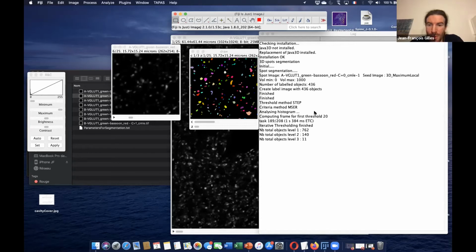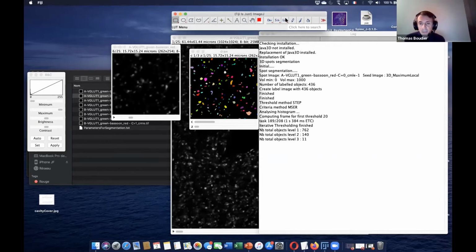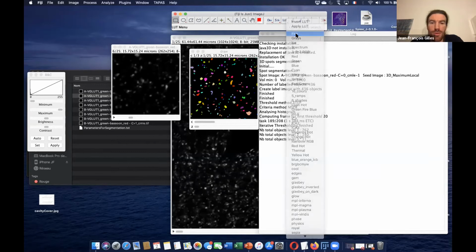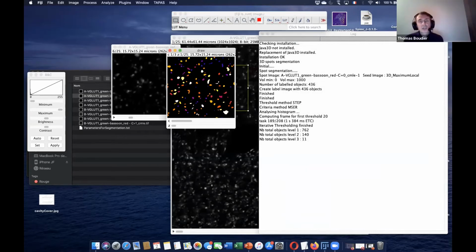The color can be related with some measure. The colors here are very arbitrary, just the ID of the object. Using 3D Manager, we can put some colors, like the largest objects with some colors, the smallest objects with different colors. We can do this kind of thing in 3D Manager. We can see later. But here the colors are completely arbitrary.